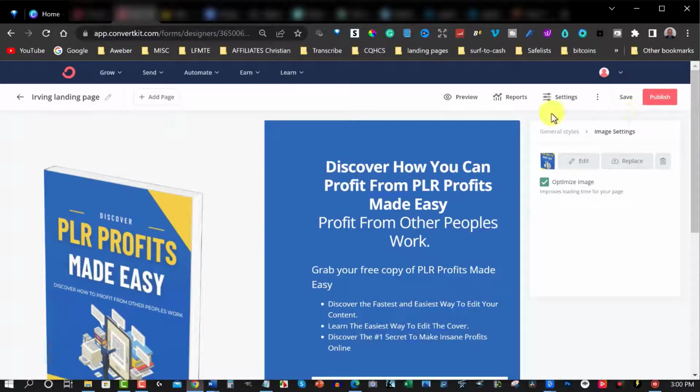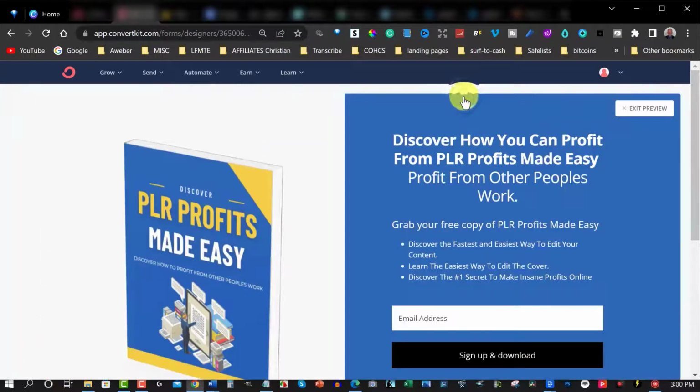We'll have a quick look at the preview so you can see what it looks like when it's on the web. And this is precisely what I'm going to be doing. Now, I'll leave a link for this. If you want to get access to this particular product, I will leave a link in the description down below and you can get your hands on that. Just give us your best email address, one that you won't unsubscribe from, and I'll be able to start sending you offers and talking to you on